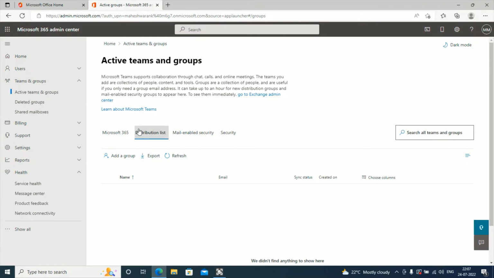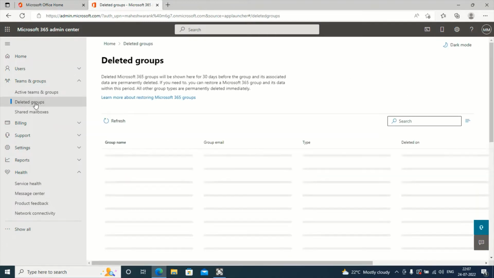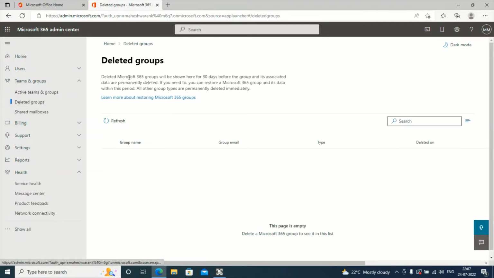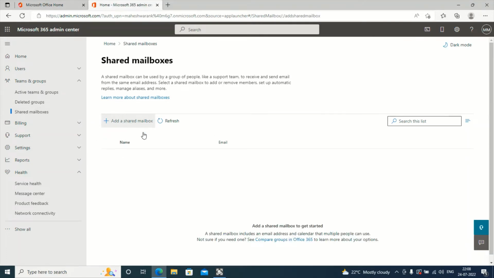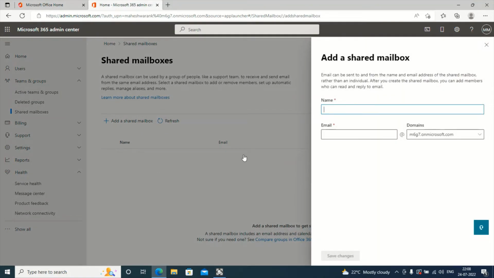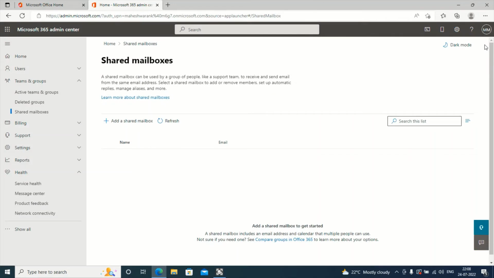There are some options we can do from our Azure portal also, but distribution lists and mail-enabled lists cannot be created under the Azure AD admin center. And deleted groups, in the same way, if you delete any Office 365 group, it can be retrieved within 30 days. Okay, shared mailbox. You can create a shared mailbox here. Since I have the proper licensing, I can create a shared mailbox, and you can assign it to multiple user accounts. We will see a tutorial for this also, shared mailbox creation, access provisioning, all